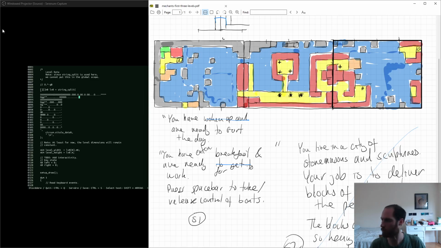And then a lot of water until here. And then the next ones are paths. Okay, then